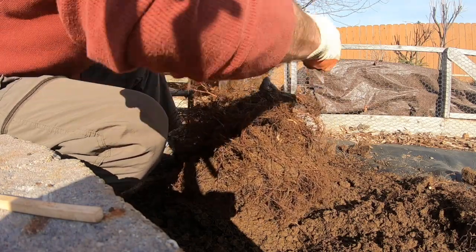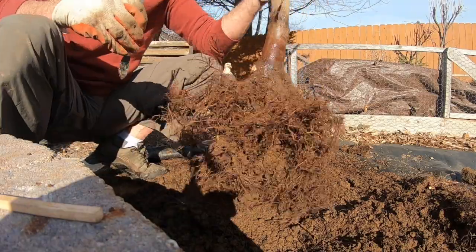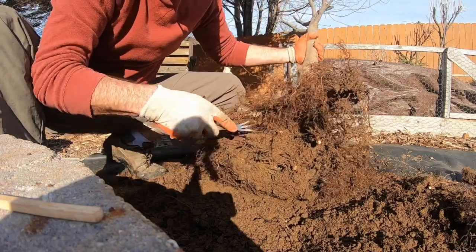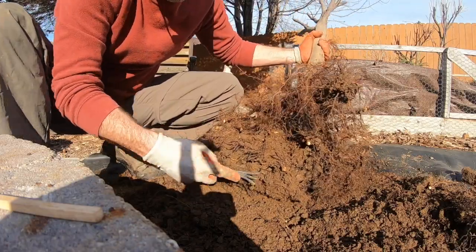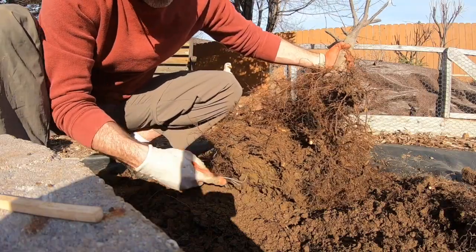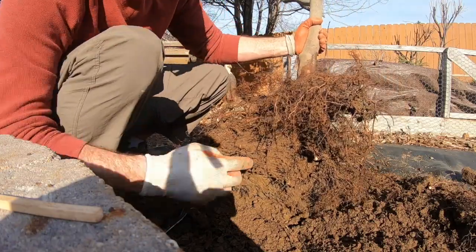So I've been cranking at this thing for probably half an hour, 45 minutes. And we're getting some good progress. I'm over 2/3 done, I think. I still got some clay chunks deep within here. And if you notice right here,